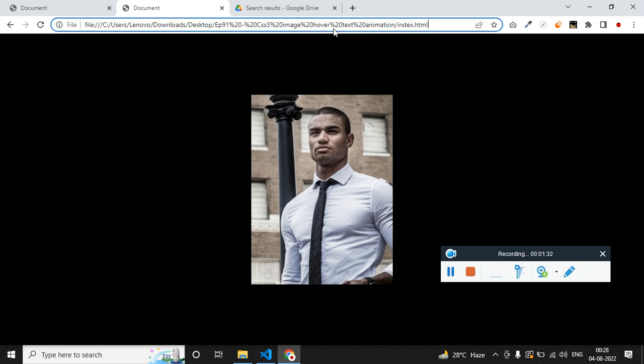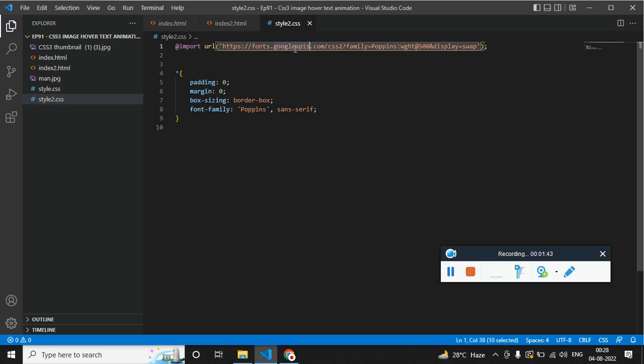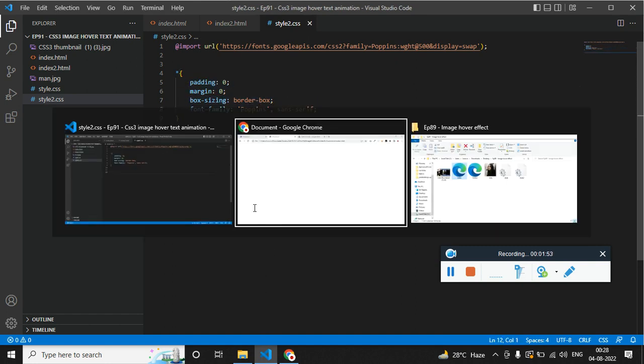Right, now let me open index2.html. You can't see anything because we have not created it yet. So now let me copy paste the boilerplate CSS. It's nothing, just the font which I have called, which is Poppins, and for all elements I have added the font family Poppins, removed the margin and padding, and added box-sizing border-box. That's it. Now if you refresh,